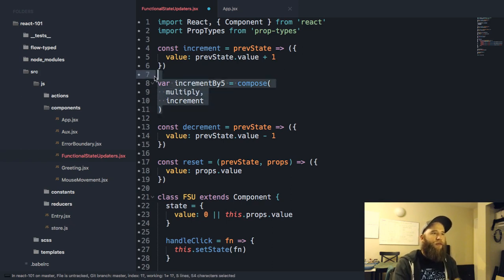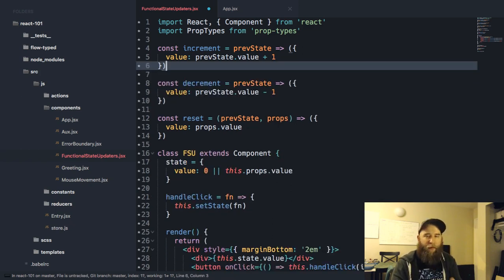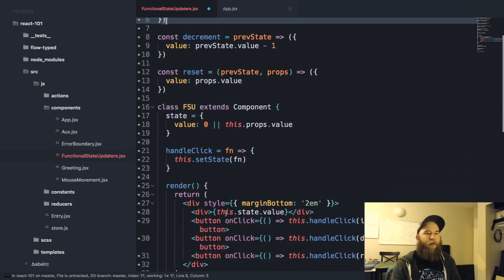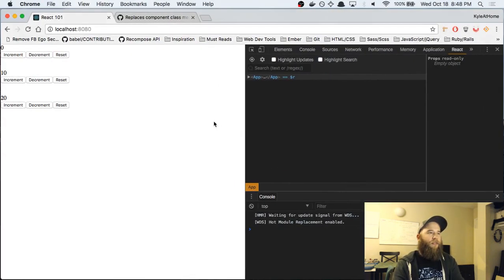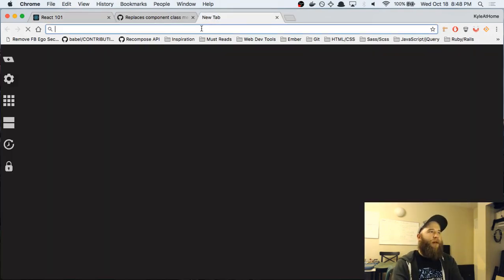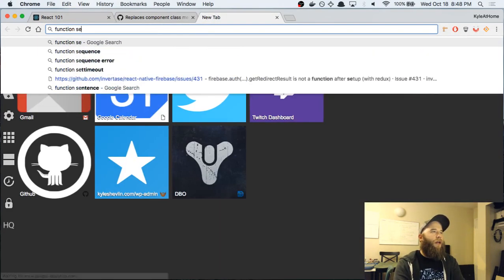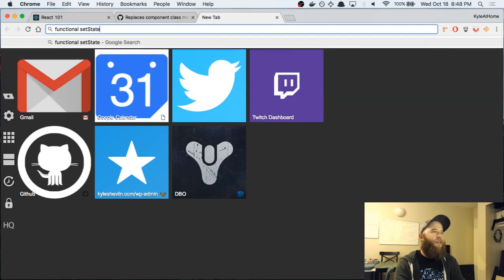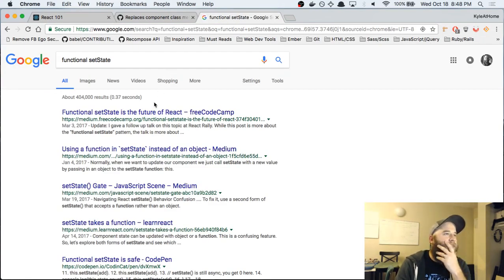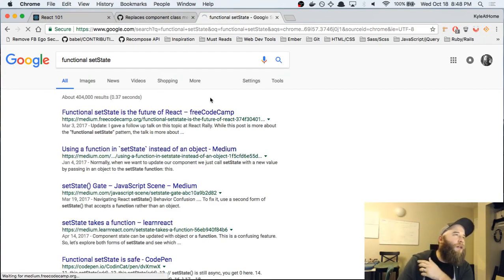So I hope this function signature is both something maybe new, maybe not something you've done a lot with, but that it looks interesting enough to you that you might find it a more useful way to go about setting state in your components. There was a really great article that came out on this: functional setState.